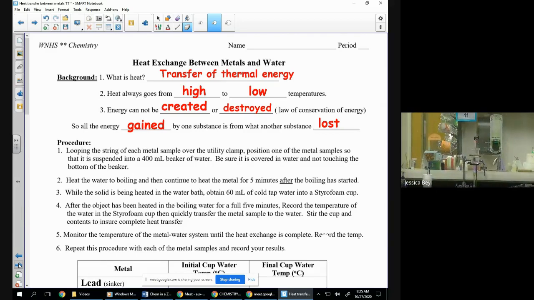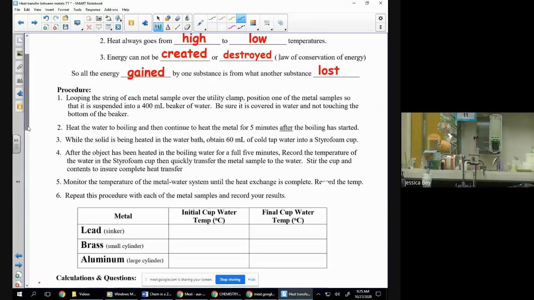So the procedure would go as follows. You loop the string around each metal sample, position it so it's in the 400 ml beaker, check. Heat the boiling water for 5 minutes after boiling. We've been in here for 10, so check. While the solid is being heated in a hot water bath, get 60 mL of cold tap water. Our students got those, so check. After the object has been heated in boiling water for a full 5 minutes, record the temperature of the water in the styrofoam cup, and then quickly transfer the metal into the water and stir to ensure a complete heat